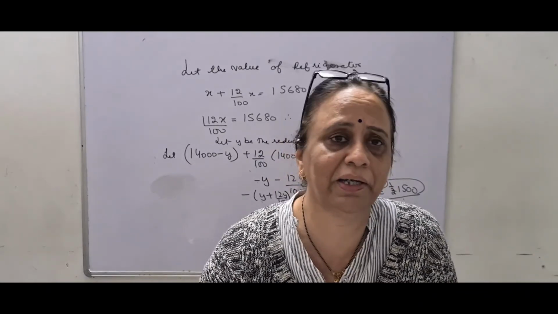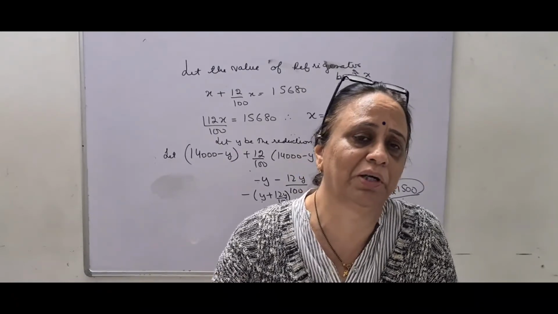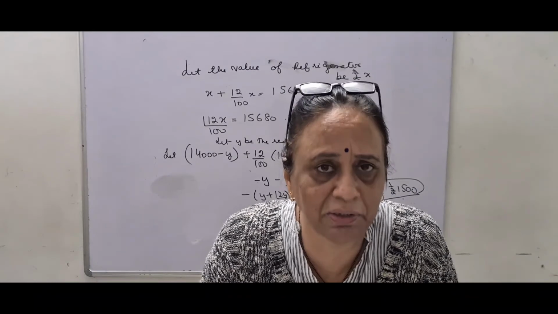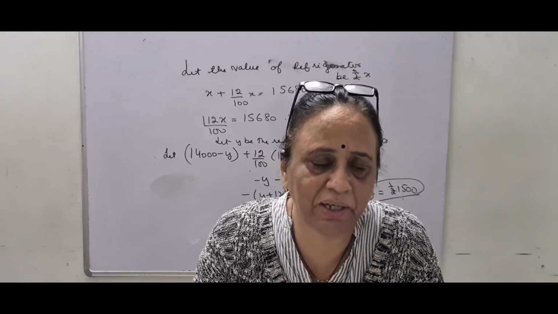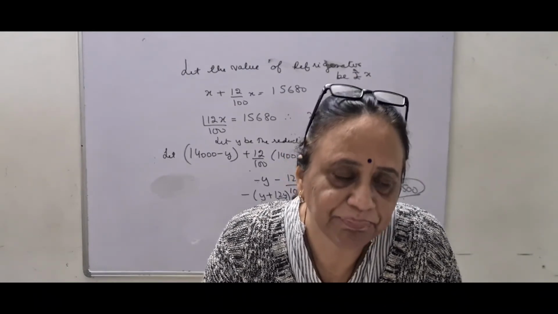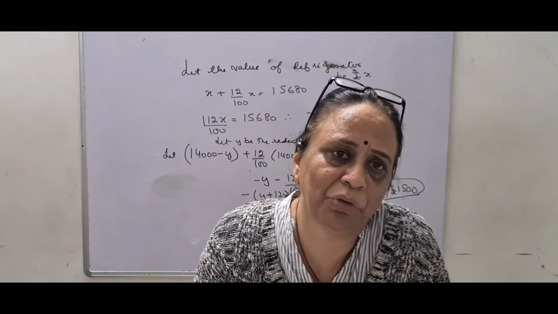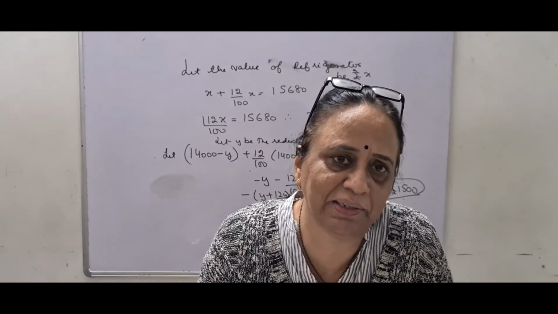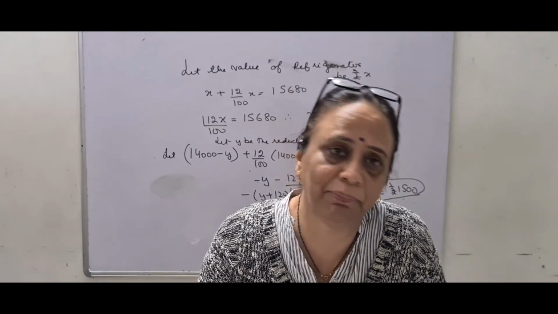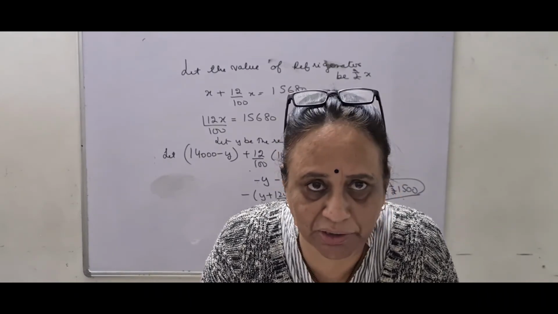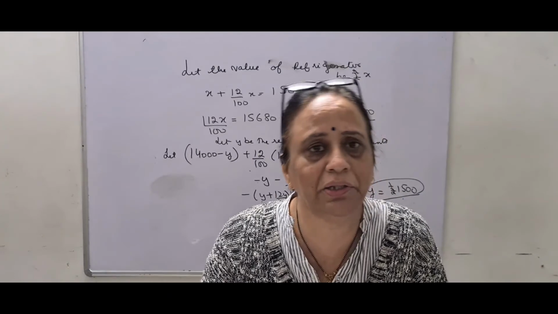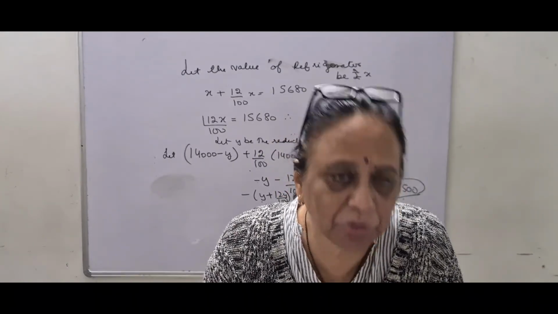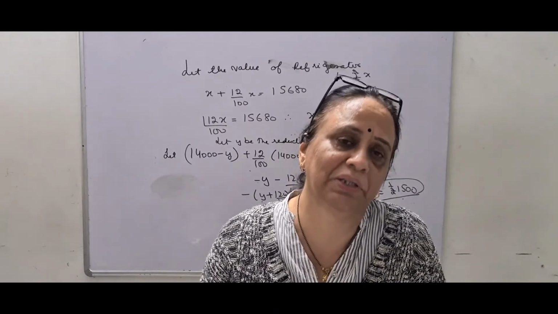Now see, again I am telling you, this exercise is important and very easy and a very good chapter for the children who find a little difficulty in doing maths. And we are expecting more than 8 or 9 marks from this chapter in ICSE. There will be a question in compulsory as well as in choice. Nothing to be done, only 3 to 4 steps, 3 to 4 basic concepts. You follow it and then you do this exercise.